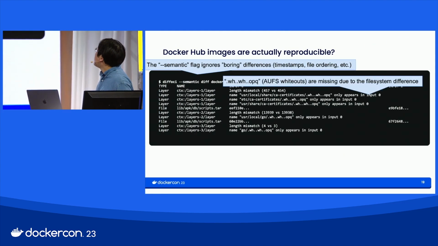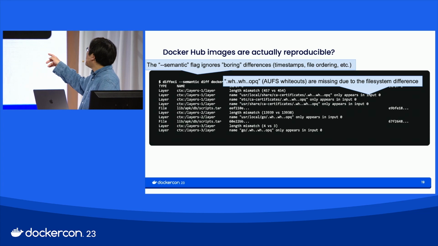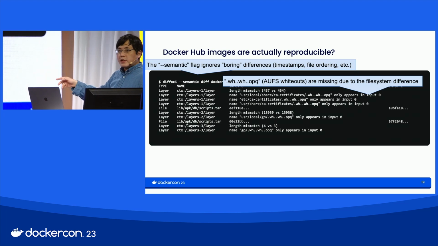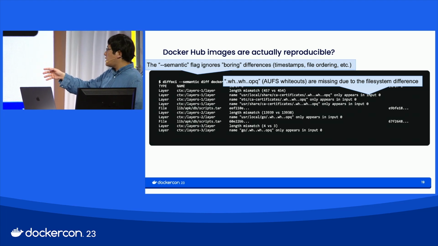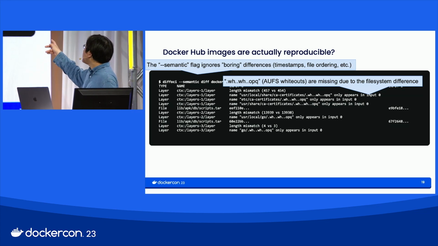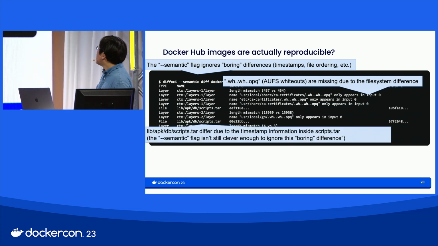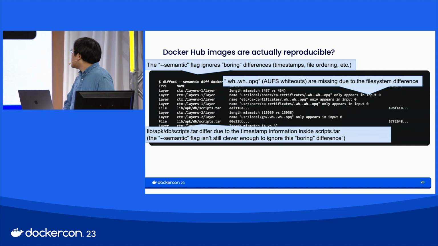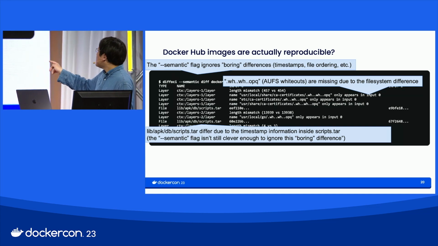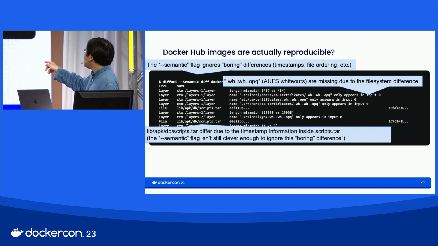One of the differences is the .wh..wh.opq file. This is called an AUFS whiteout, and this file differs due to file system differences between Docker Hub's machines and my own laptop. So this file system is slightly different. We can also note that lib/apk/db/scripts in the image is different because of the timestamp information inside